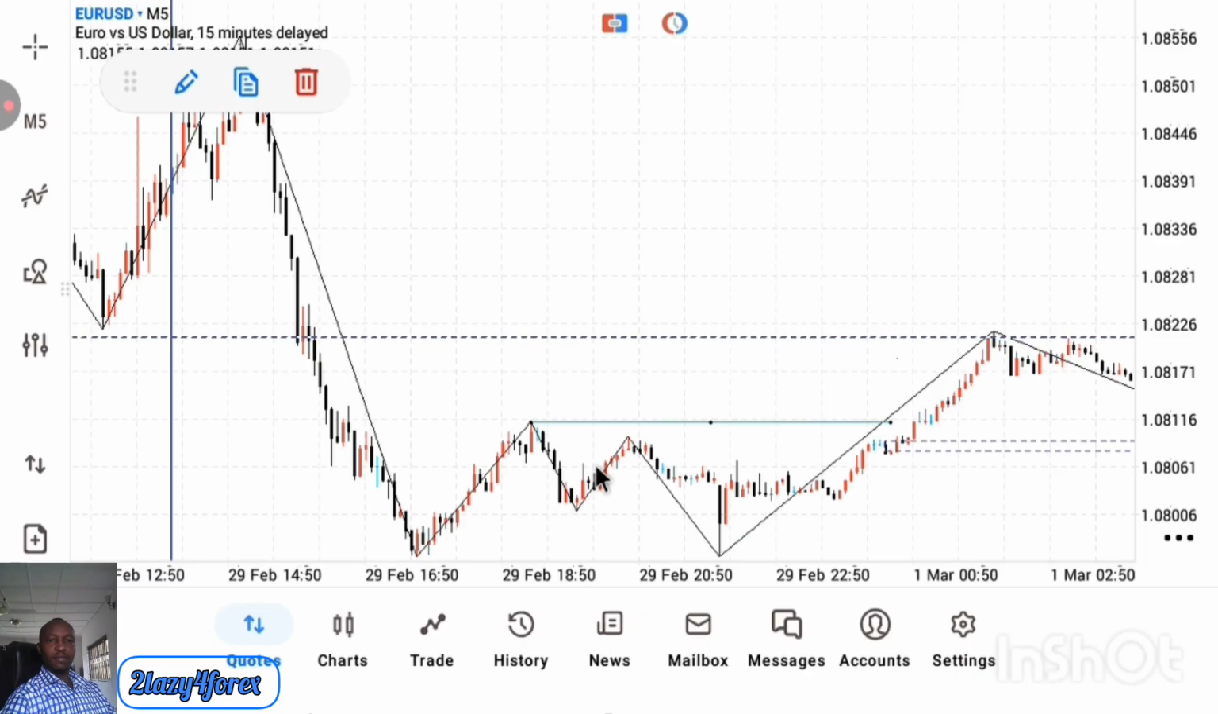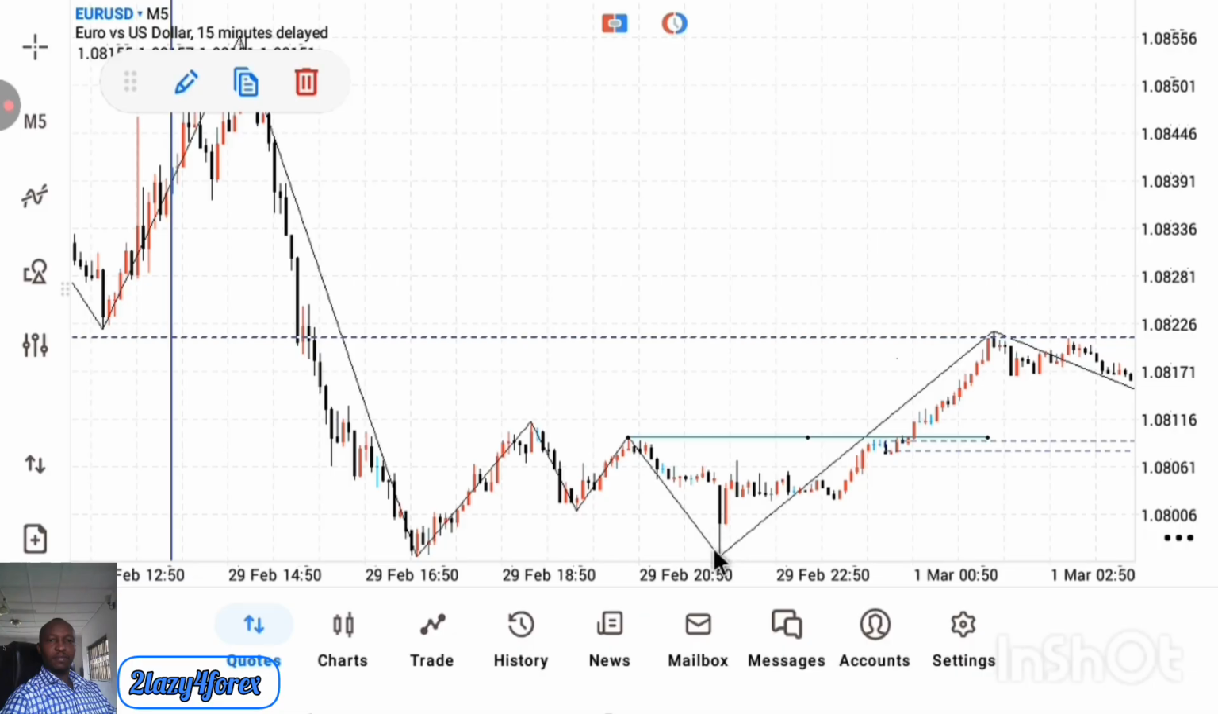So price came, couldn't break the high. Price created another high. Then you place this one. You place it on the lowest high. Some will argue that zigzag indicator reprints. The thing is, by the time the zigzag indicator